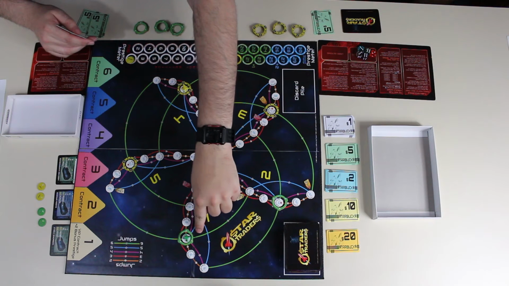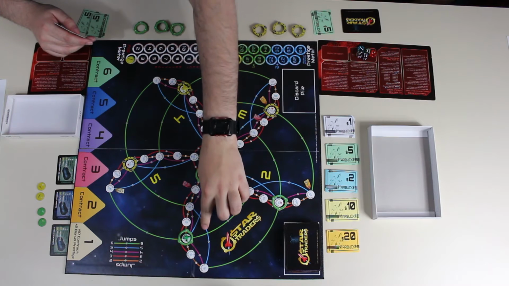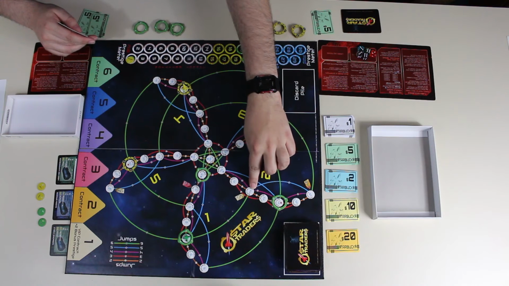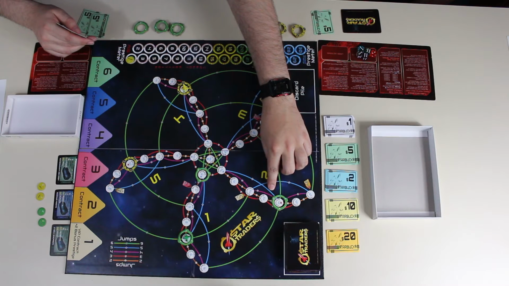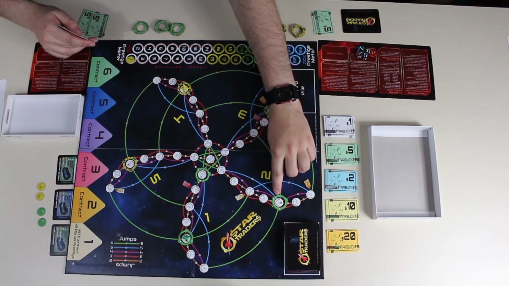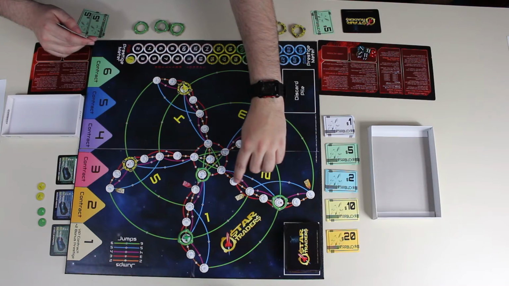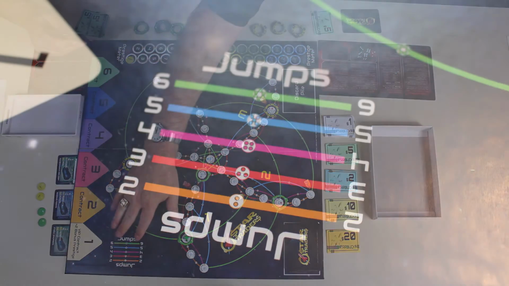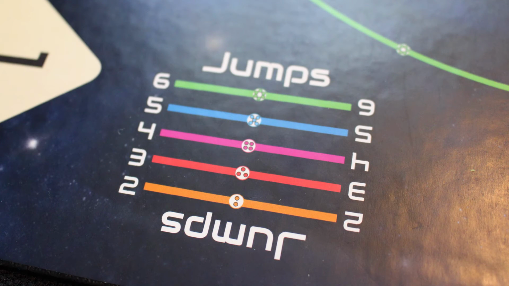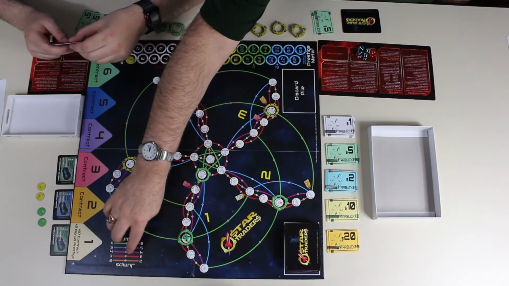There's a regular jump, which is you're jumping from a world that you don't have a station at, in which case you have to roll the die roll that is required. So for green lines, you have to roll a 6 or better. For blue lines, you have to roll a 5 or better. For purple lines, you have to roll a 4 or higher. And for red lines, 3 or higher. And then orange lines, you have to roll a 2 or higher. And in fact, that's indicated on the board here as well. There's the color and the number that you need to roll for a 2, a 3, a 4, a 5,